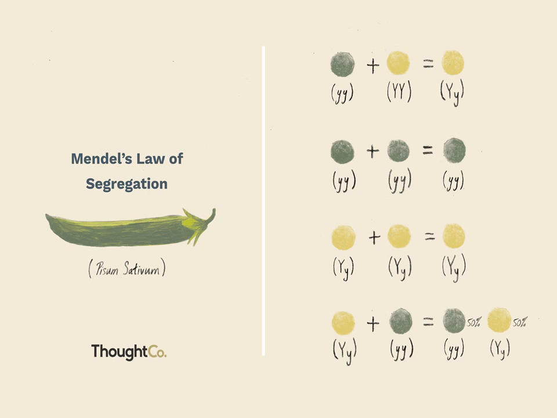Mendel concluded that the traits under study were controlled by discrete factors or genes. In each organism, the genes are present in pairs. During gamete formation, the genes or alleles of each pair segregate from each other, and each gamete receives one gene from the pair. When the gametes of male and female parents unite, the resulting offspring again gets the genes in pairs. These conclusions were called the law of segregation.